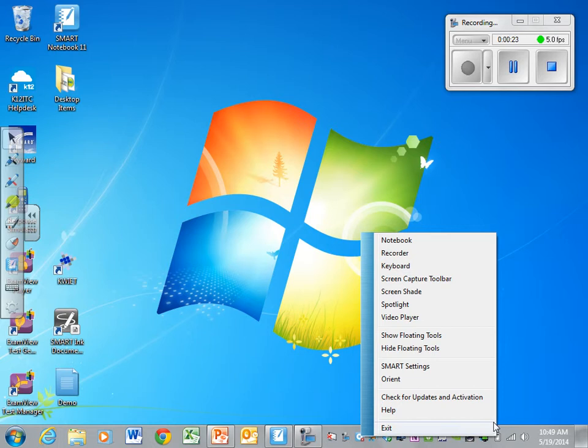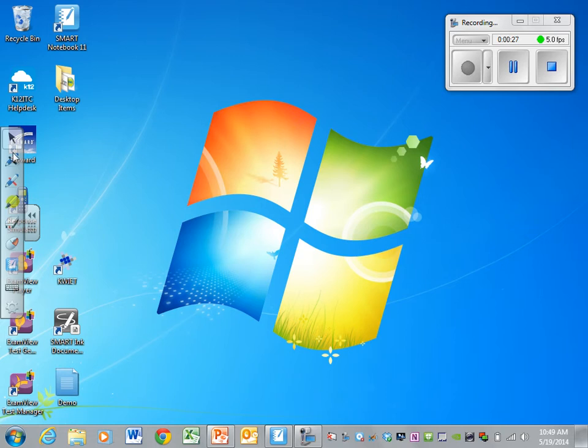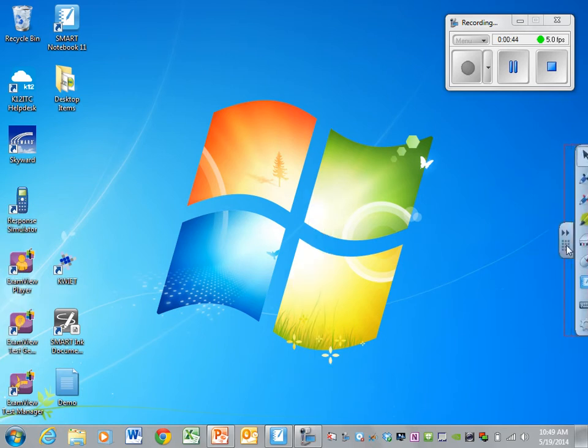The first thing I'd like to show you is the floating tools. If you look at the floating tools on the left side, this is used for the smart board itself. You can minimize these and you still get this little tab. You can slide the tab up and down. Most people I talk to say it just kind of gets in the way. We can expand it again, and if we wanted to, we could park it over here on the right side